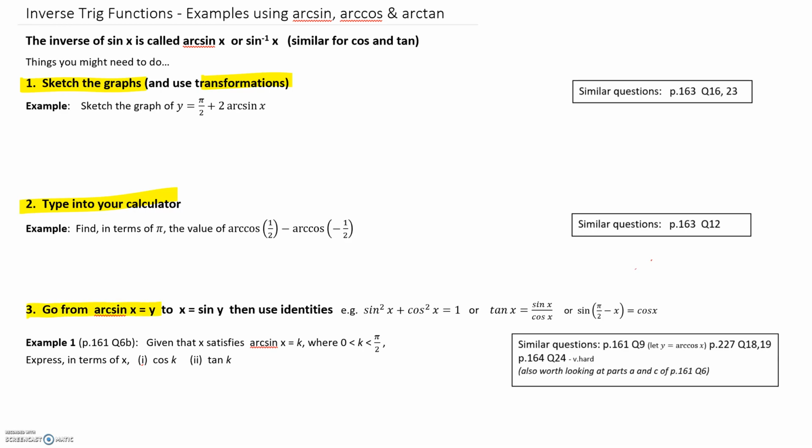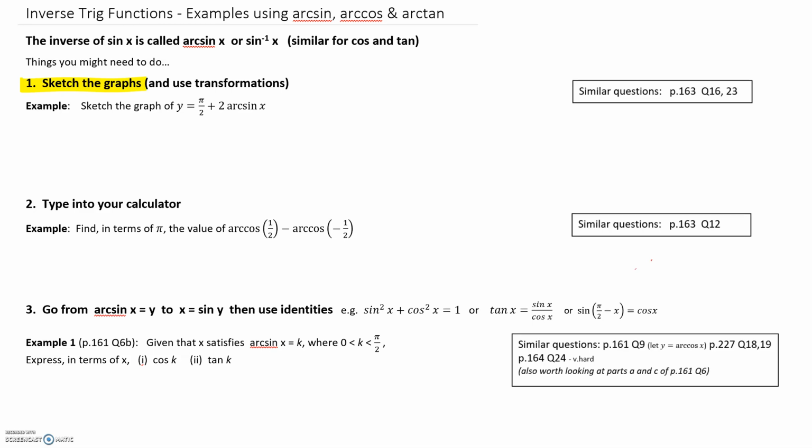And ones where you have to go from arcsine x equals y, take sine of both sides and make it x equals sine y. Then you'll use a kind of trig identity and do some rearranging and hopefully end up with the answer you're trying to get to. So if you take the first type where you sketch the graphs using transformations,